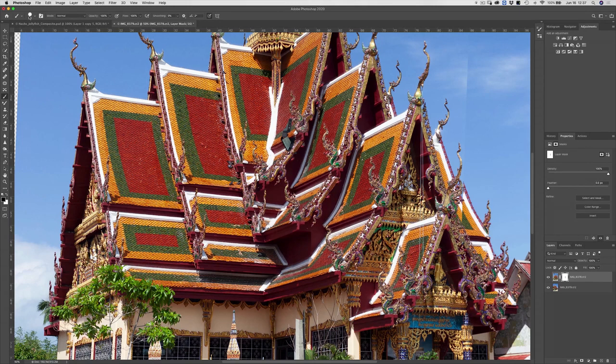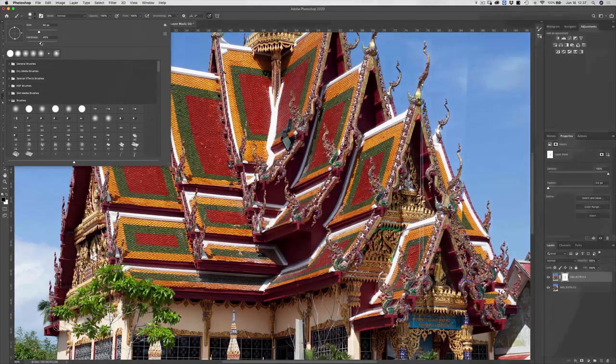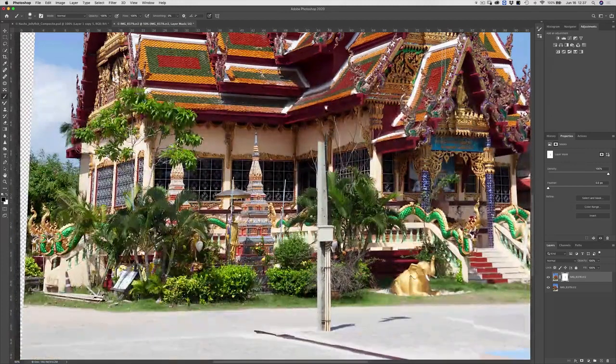I'm going to add just a little bit of feather to my brush, bring the hardness down to about 44%. Then I'm going to continue painting out my terribly unsightly lamppost.